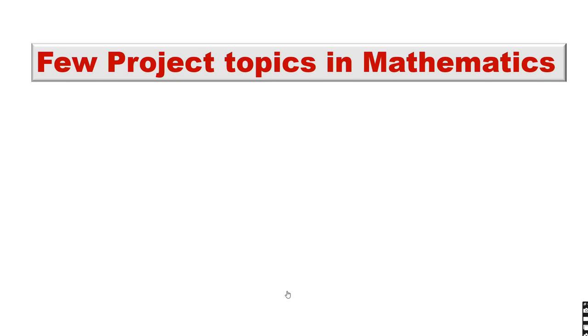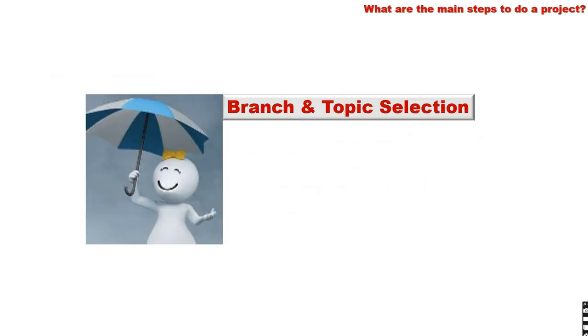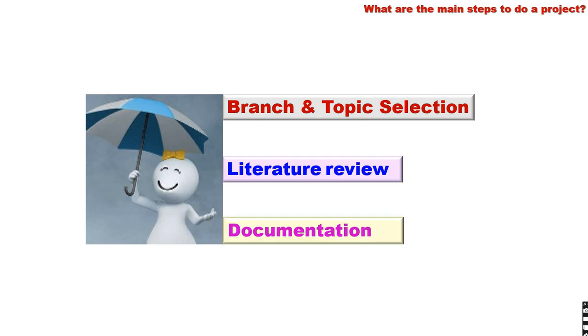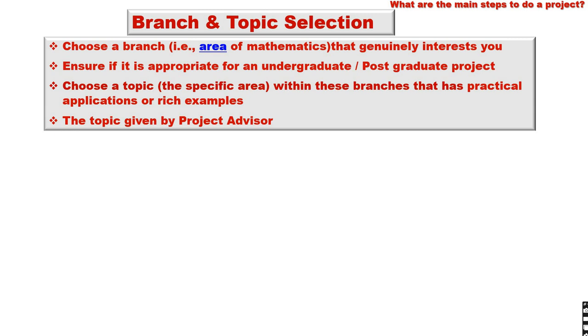In this video, we are going to have a few project topics in mathematics at UG as well as PG level. Now, what are the main steps to do a project? We need to have branch and topic selection, literature review, documentation. Now, in branch and topic selection, what we need to do is choose a branch, that is, an area of mathematics